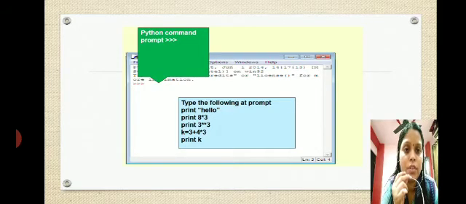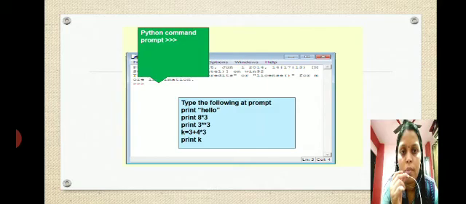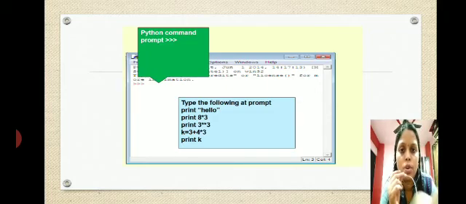Let me remind you of a few things, because as you are learning, don't experiment too much; go sequence wise and step wise as I am guiding. Write only the print command with hello within brackets, or without brackets it will also take. Then you may do these simple mathematical calculations, whatever is given there. You can print not only mathematical expressions, you can print any sentence or any particular words. Try to print a bill of a shopping mall or something like that. See how it comes step by step. Only remember one thing: after writing one statement, like print 8 into 3, you have to press enter to see the output. If you do not press enter, it will not show you the output.